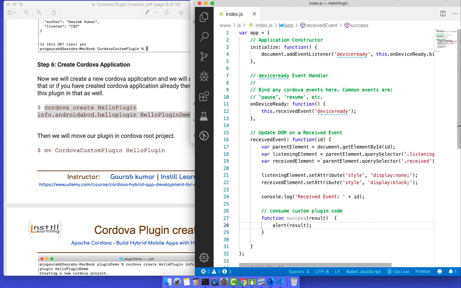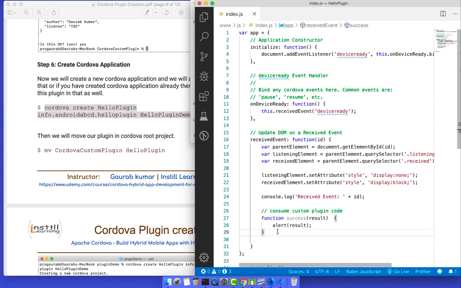So next, okay, also what we'll do, we'll give some timeout. This will work as usual. Now we can add some time, because it will take some time on the splash screen or for the device to get ready. Okay, so the deviceready event.